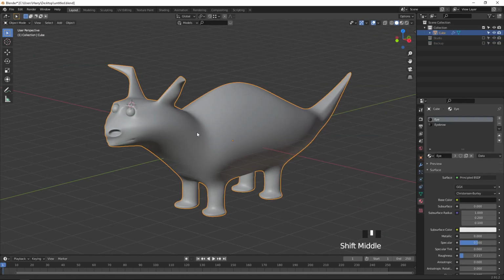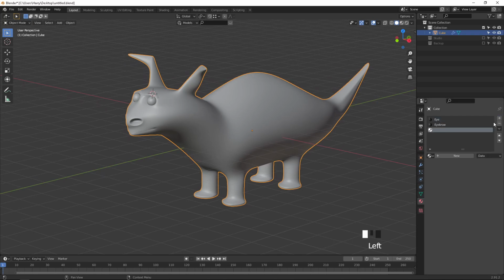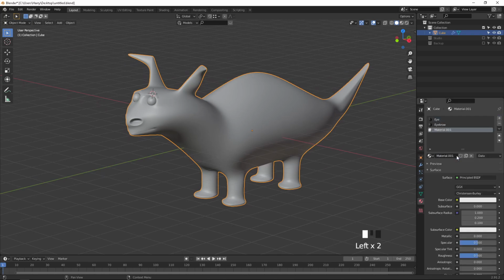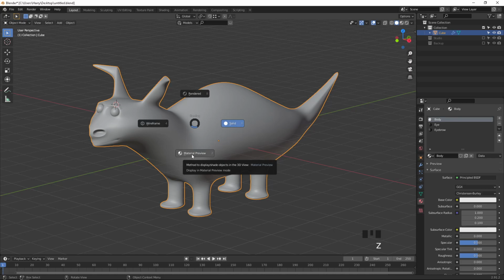Now I'm going to create a new texture, and I'm going to name it body. I move up. The first thing is to press Z and go to the material preview.